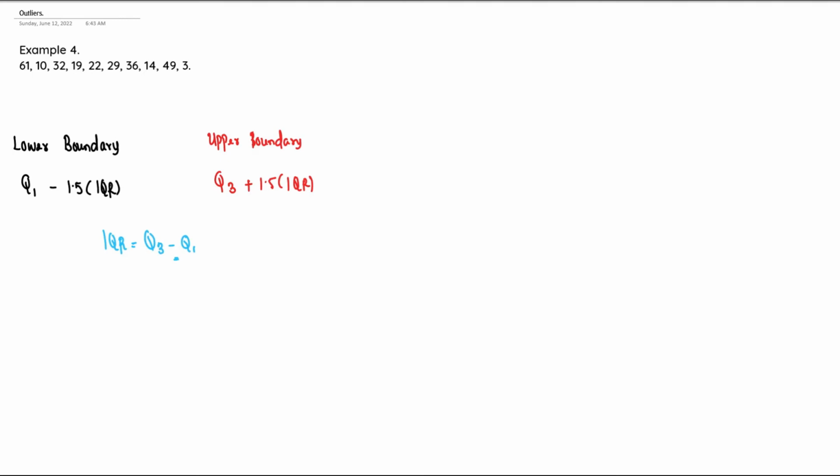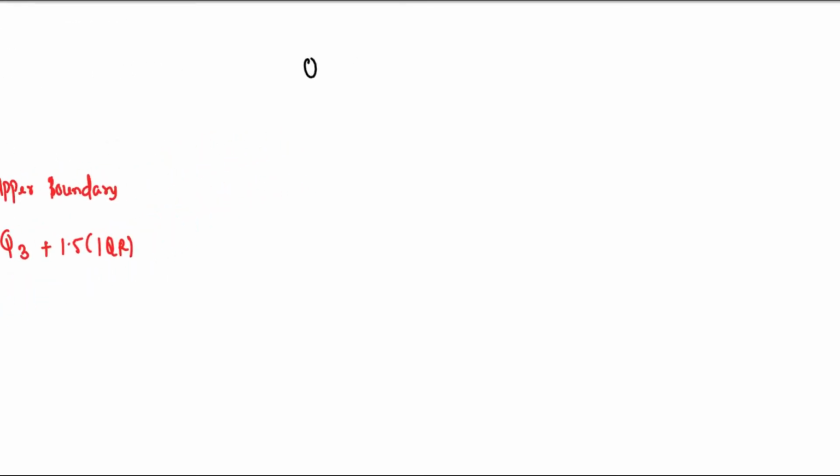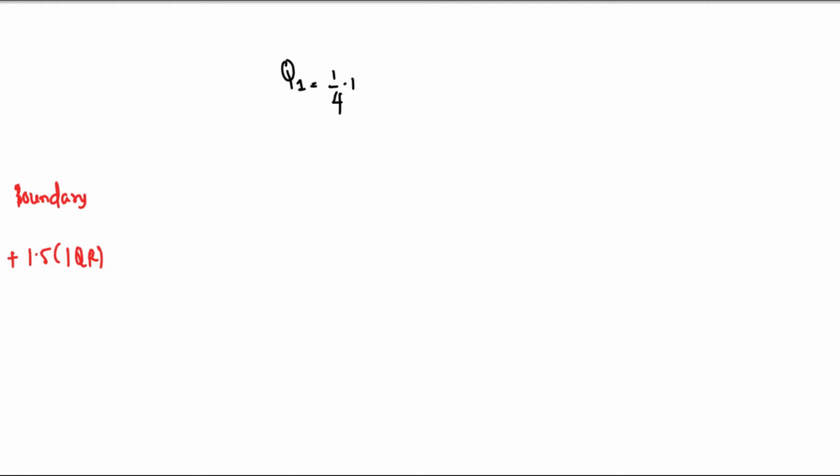The first step is for us to get the first quartile, and the formula for the first quartile can come in two variations. We can have Q1 equals 1 over 4 times n, and we use this variation when we have an even number of data values, and we have Q1 equals 1 over 4 into brackets n plus 1, and we use this variation when we have an odd number